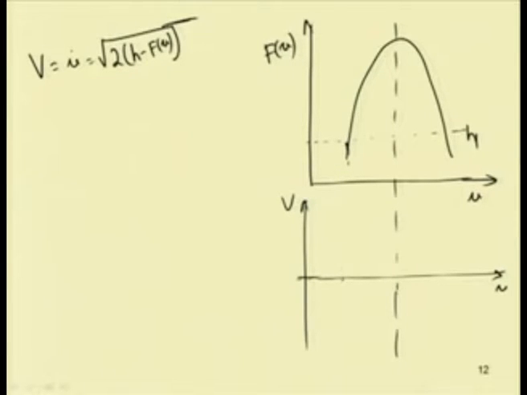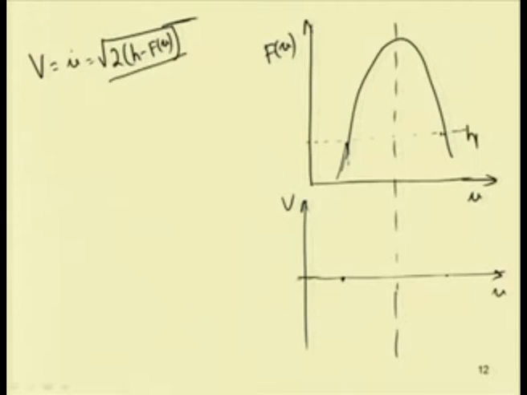Corresponding to this point we can have 0 velocity. Similarly, corresponding to this point we can have 0 velocity. So, here the displacement and the velocity both are 0 corresponding to these 2 points. If I take a point before this, where f(u) is less than H, that is the total energy,